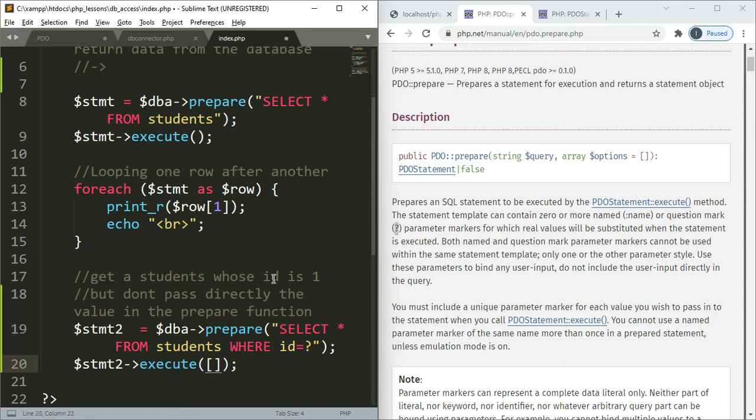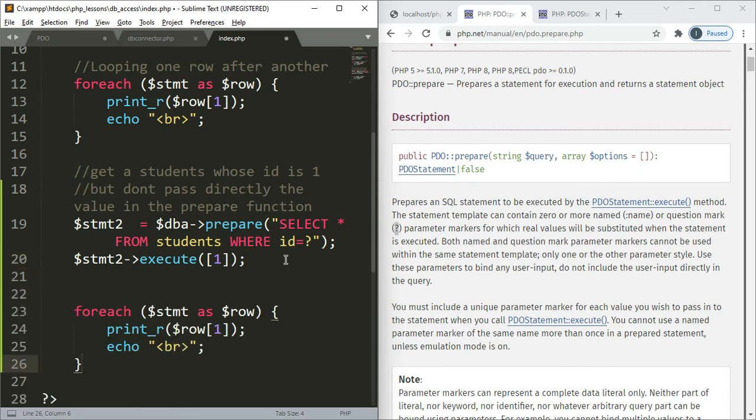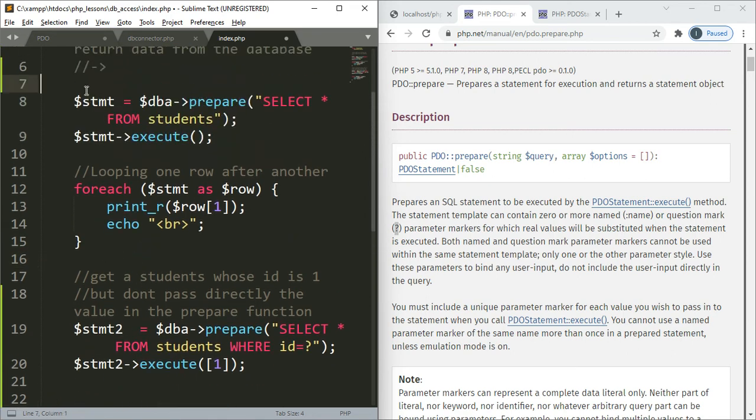I'll pass an array of ID 1. So the ID that I want, ID 1. So if I'm having one argument expected, I'll pass one argument. And from there, I will do the same thing. I can do the same thing, or let's pretend that it's the same thing. And I don't like copying, but I should. Yeah. So I'll do that, and this means statement two and row, and then let's say